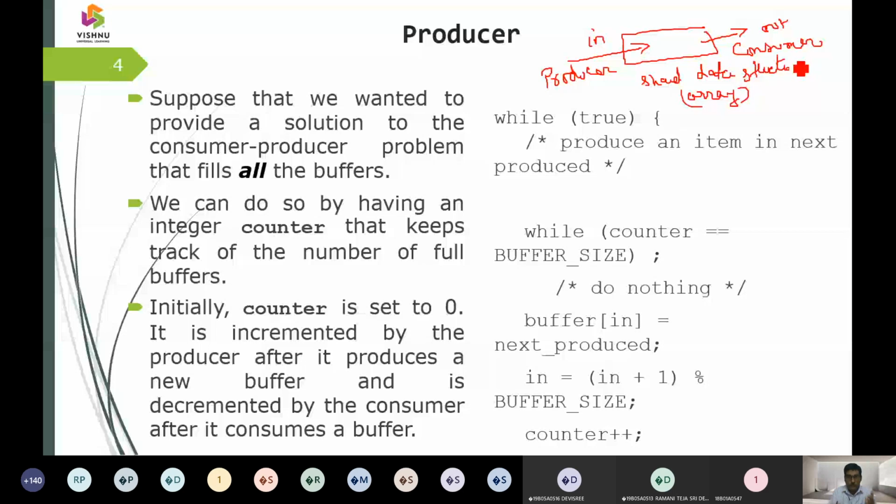Now this problem we are going to call a process synchronization problem. So where will the synchronization mechanism happen? If I don't have anything in a buffer, then the other person doesn't have anything to pull out, right? If there are 10, 20, 30 values in an array, then only 10, 20, 30 can be removed from that array. If the producer is not producing the item, how will a consumer consume the item, right?